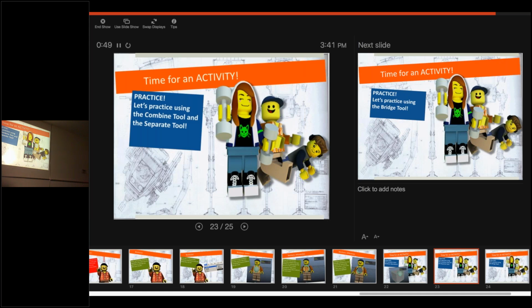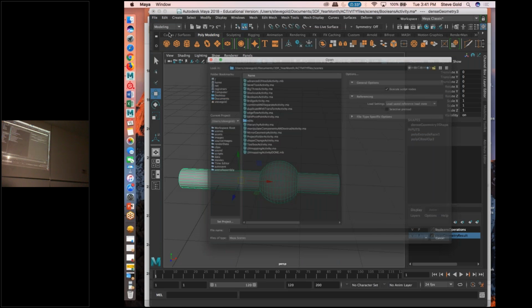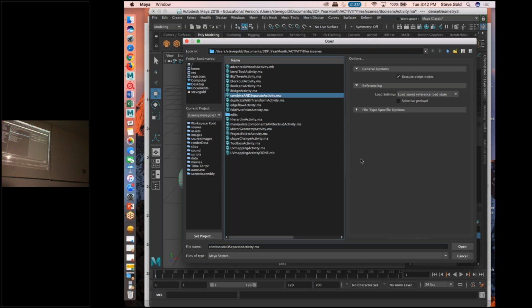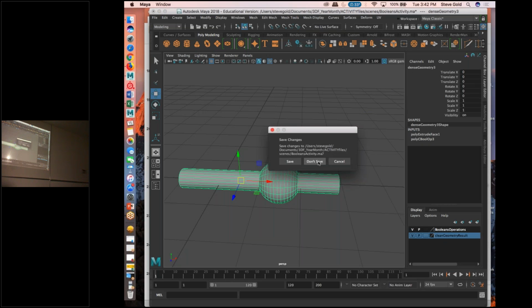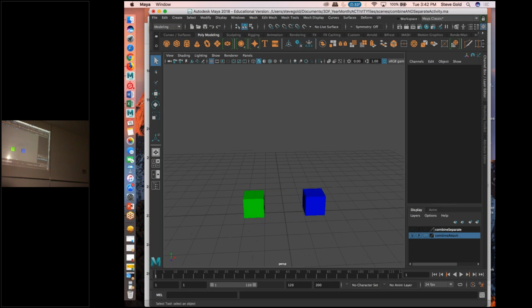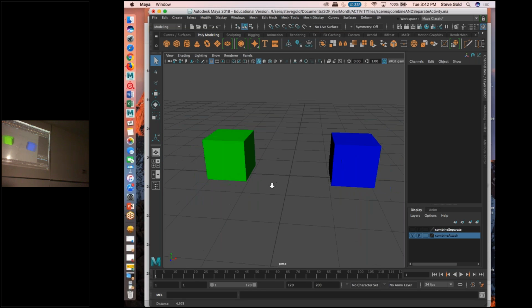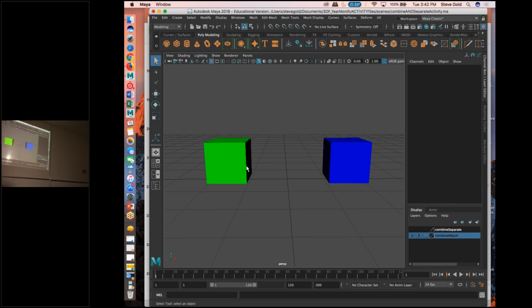So for this one, again, we've got another fun little exercise for us to do. If you go to File, Open Scene, and get your Combine and Separate activity, because this has got, again, some fun stuff here. I'm going to actually, if you just click the visibility and hide that piece there, I actually want to get to the other layer, and we're going to talk about how to use the combine tool in terms of the way it was designed. And basically, the combine tool is utilized when I'm trying to attach two separate pieces of